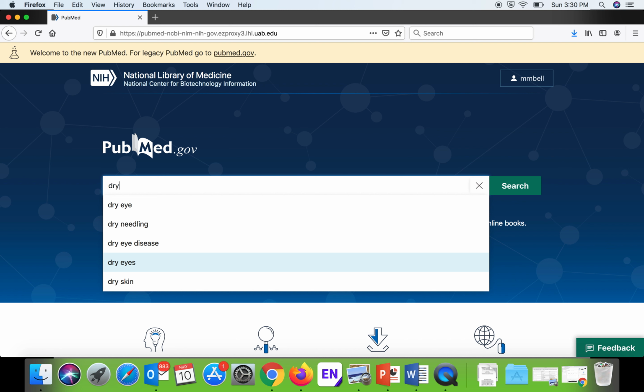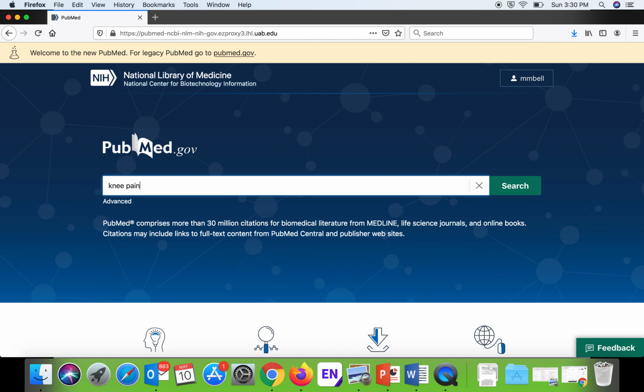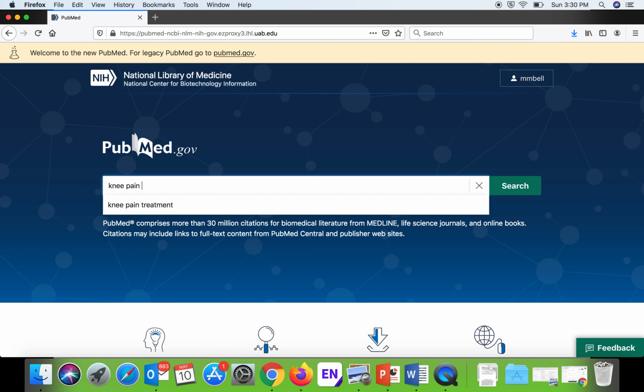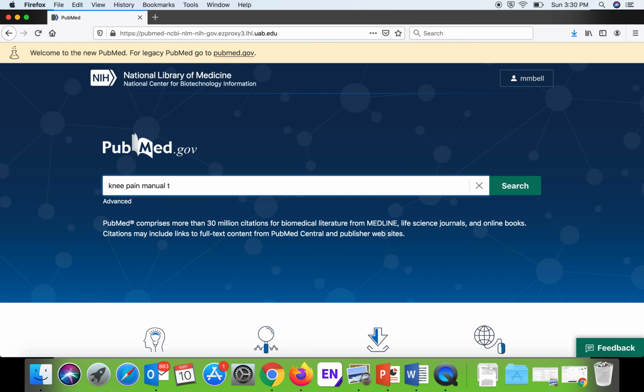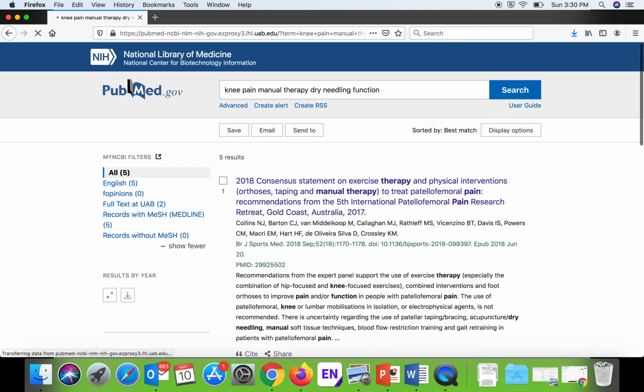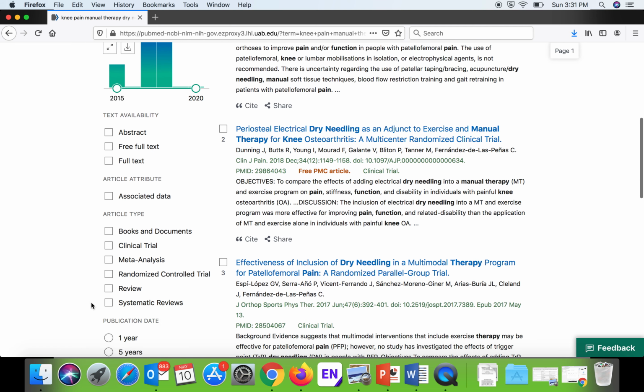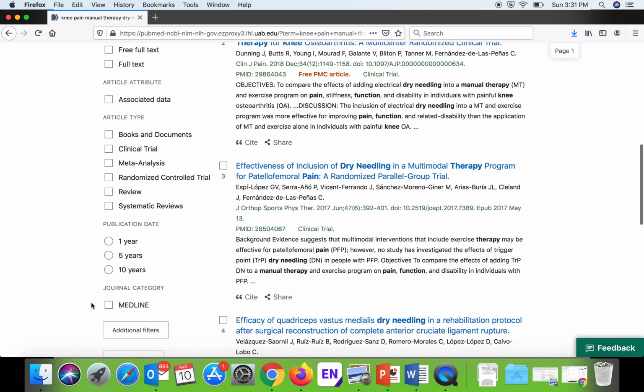For example, in a previous video, I mentioned ECRI, which is the ECRI Guidelines Trust. That probably has far more guidelines than this. So this will not be my first place to go to find a clinical practice guideline, but you can search here for it. So again, I get 5 results, and if I scroll down and I look on the left,